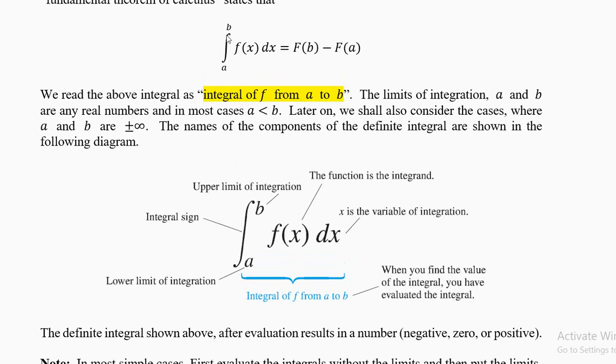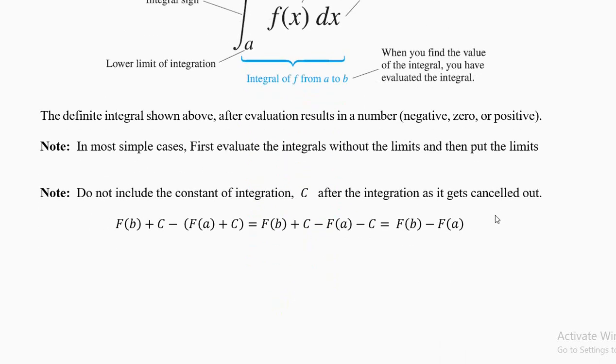Now it is always upper limit minus lower limit, b minus a, second minus first. So do not make any mistake. Don't look at the numbers a and b, which is big, which is small. It is always upper limit minus lower limit. And we can change the order of the limits, but we'll not do it today. We'll do it after some days.